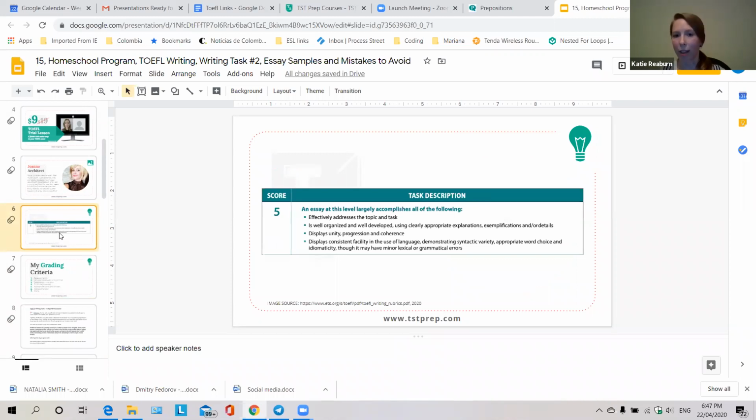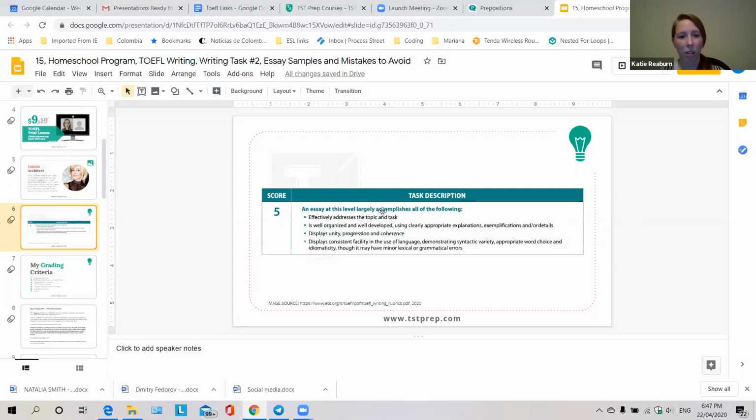So here we are again with the rubrics. To get a high score, you want to follow the rubrics of the ETS, of TOEFL. And as I've said before, they are quite complicated how they're written here. They use sophisticated language, which is actually what you want to be using as well, but you might not be completely sure what they mean, or you might not be able to remember this to be able to check your own writing, or you just can't keep it all in your mind as you are writing.